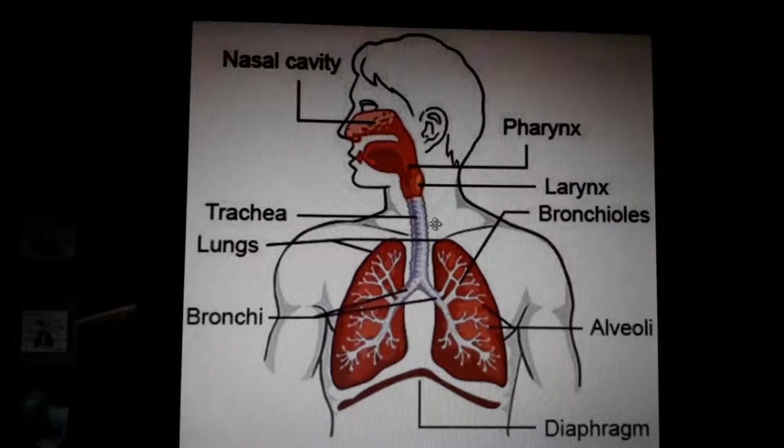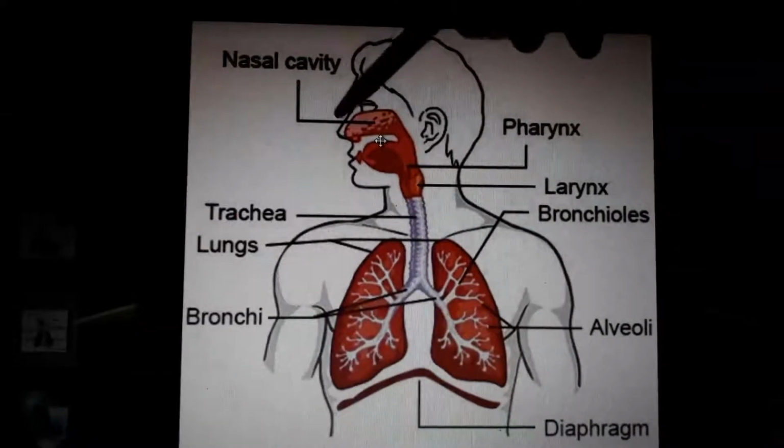The same mucus which is inside our stomach. Some mucus is also secreted inside the nasal cavity. So what is the aim or the function of this mucus inside our nasal cavity? You studied the functions of mucus. It protects our stomach from the strong action of hydrochloric acid. Am I right? But here we are not dealing with any hydrochloric acid. So the main function of the mucus is that it kills the bacteria. The bacteria won't pass this mucus.